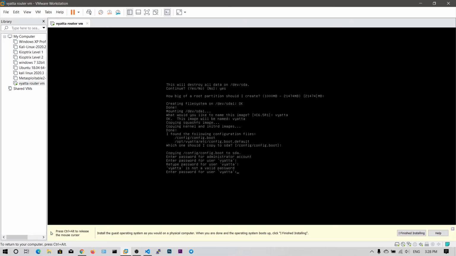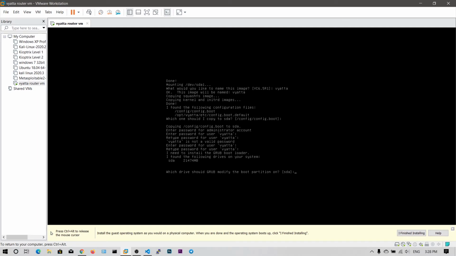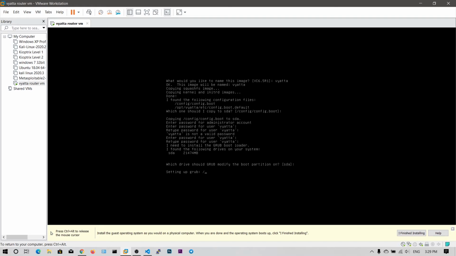Okay, let me put the password as password. Okay, now I have set the password as password. Which GRUB bootloader should install on sda? Yes.